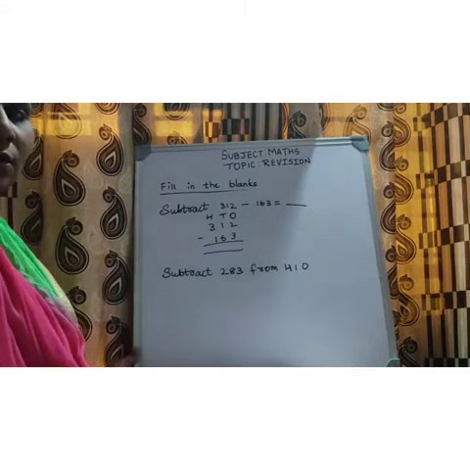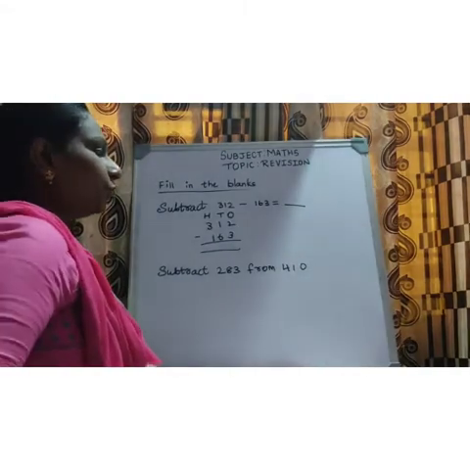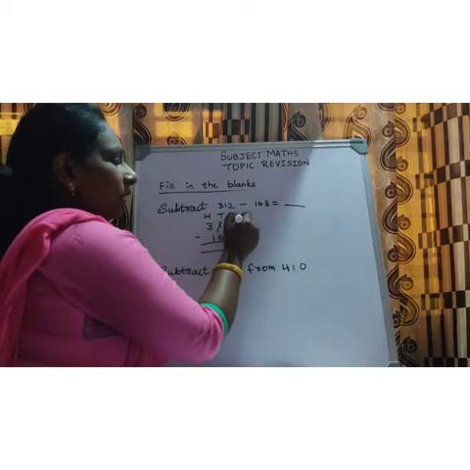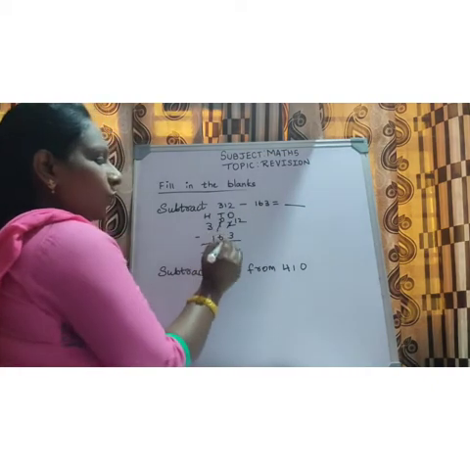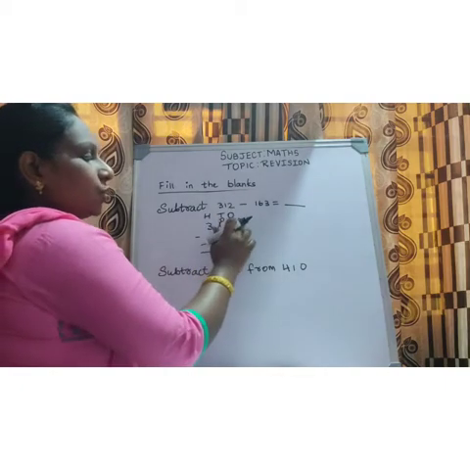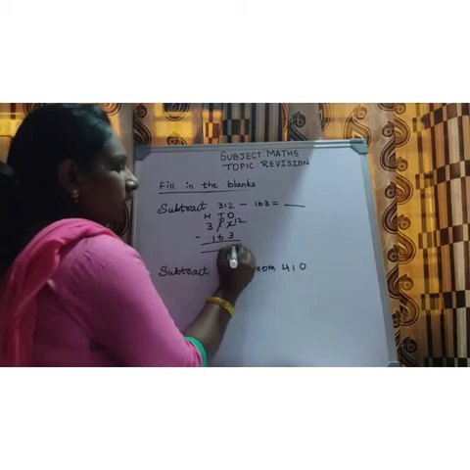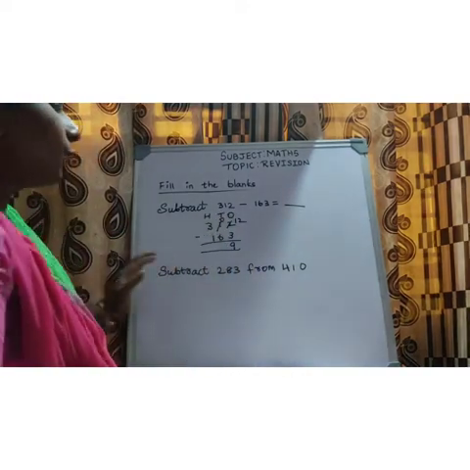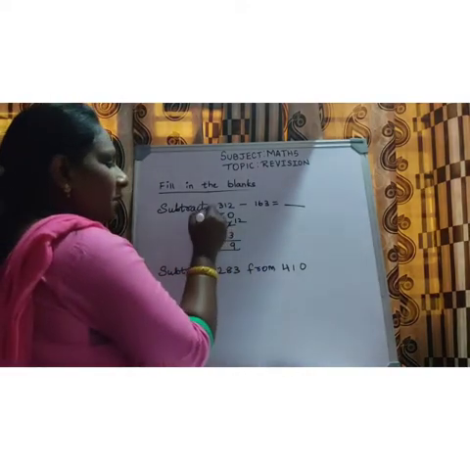Okay. So 2 minus 3. Can you subtract, children? No. So what you should do? You should borrow 1. So when you borrow 1, it becomes 12 and here it becomes 0. Okay. So here it is only 1, so that also you are giving. So 12 minus 3, the answer is 9. Okay. So here you have 0. So what you should do? You should borrow 1 from the hundreds place.